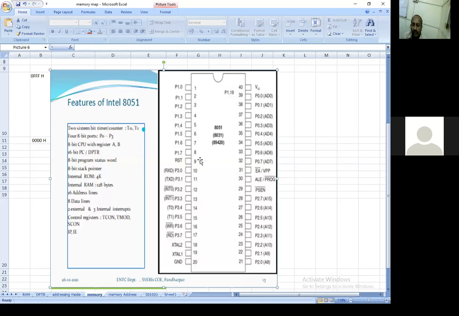In whatever condition it may be, it will come to the initialization, that is, the default starting position. So this is the one special interrupt which is not included in the regular interrupts for 8051.